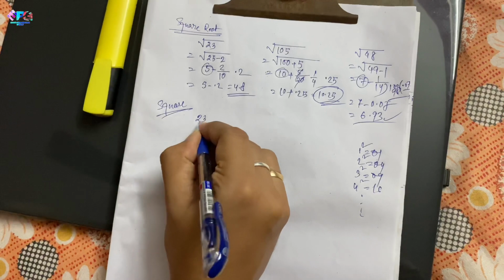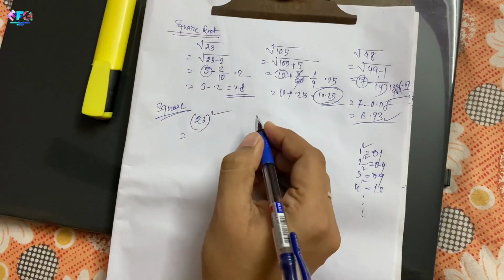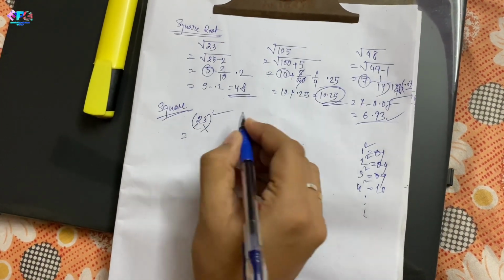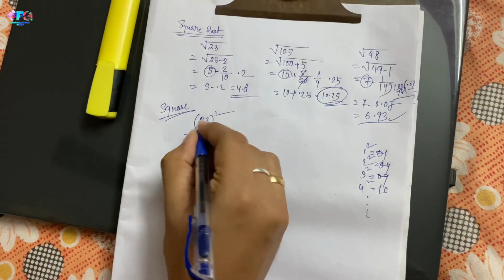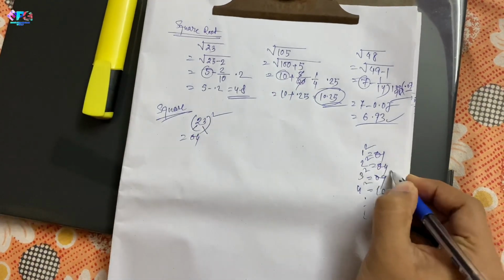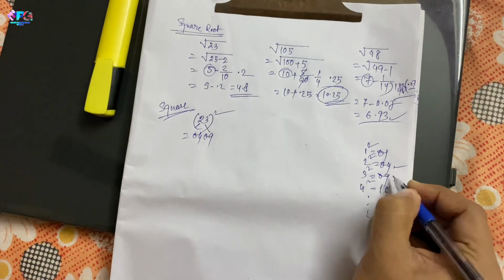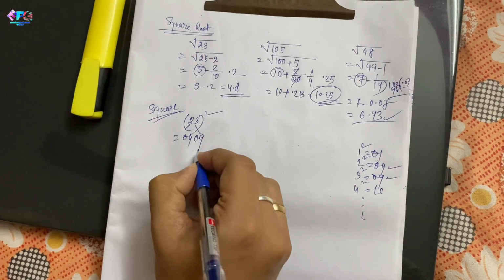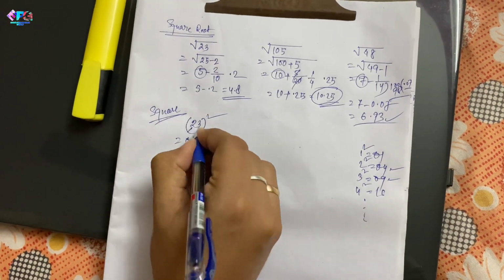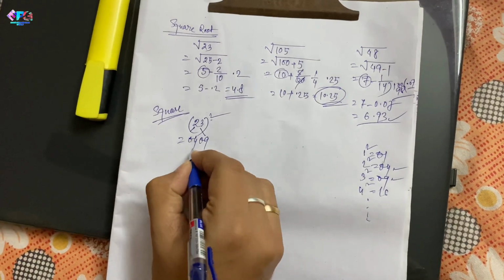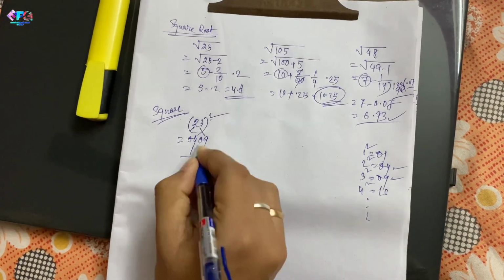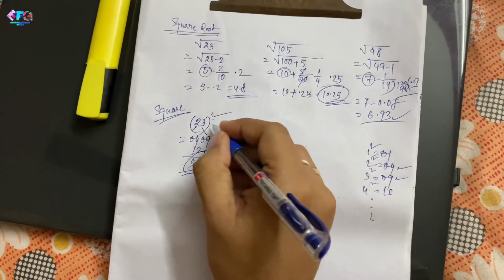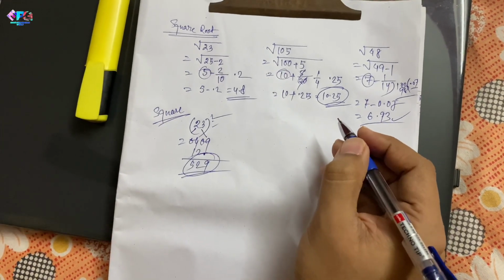Now I am taking the same example, 23 square. In this example we will calculate both the digits, 2 and 3, 2 square and 3 square. 2 square we know is 04 from here, 3 square we know is 09 from here. We have to skip the unit place, and now 2 and 3, 2 into 3 is 6, 6 into 2 is 12, correct? So 9, 2 and 5, that's it, 529. You can also see the square of 23 is 529 only.